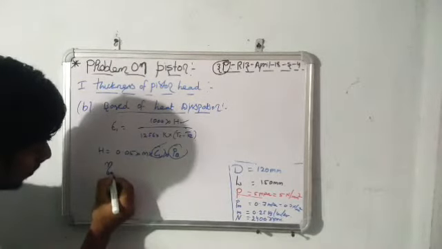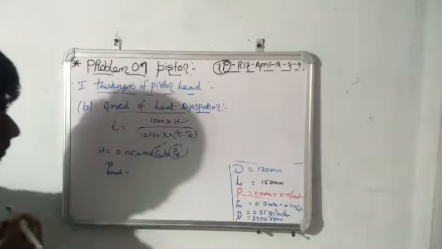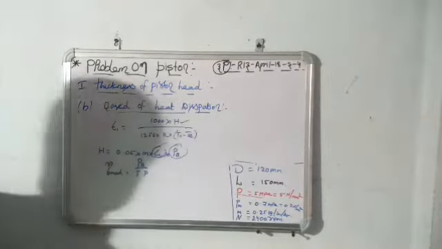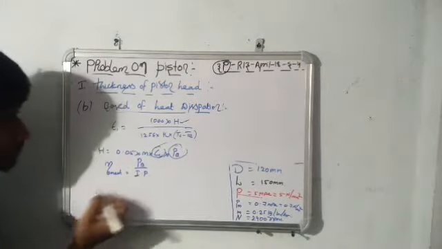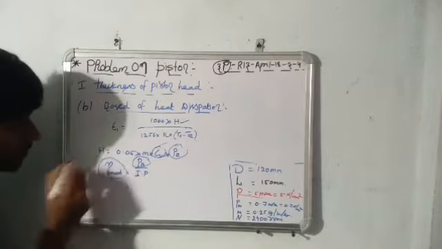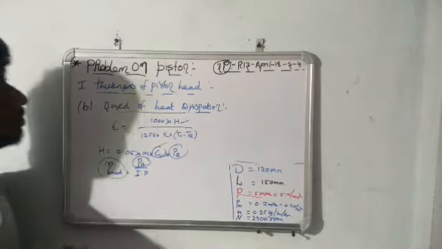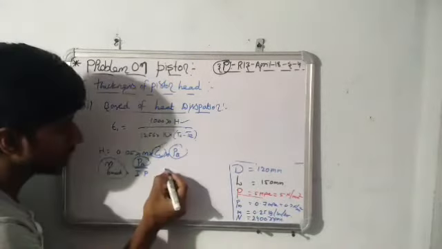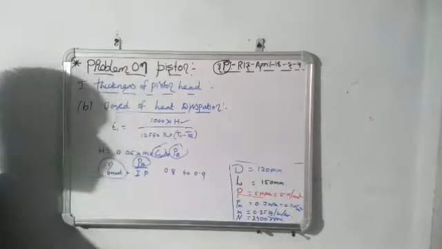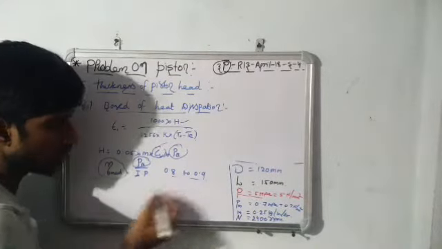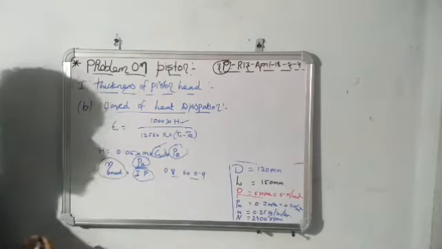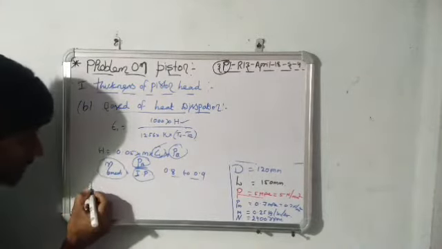Generally we know the mechanical efficiency is equal to brake power by indicated power. So here we know the indicated power. It is easy to find out the brake power. Generally in case of diesel engines, the efficiency ranges between 0.8 to 0.9. So here we know this value, and when we know the indicated power, it is easy to find out the brake power.